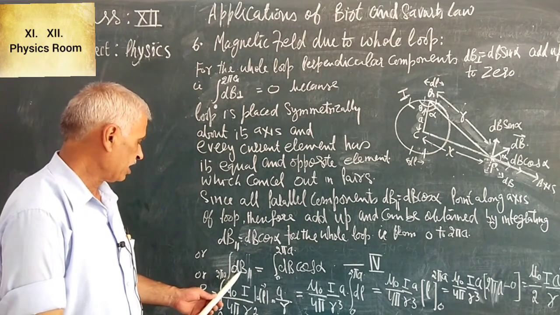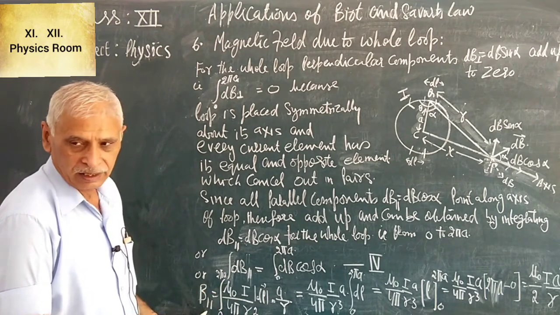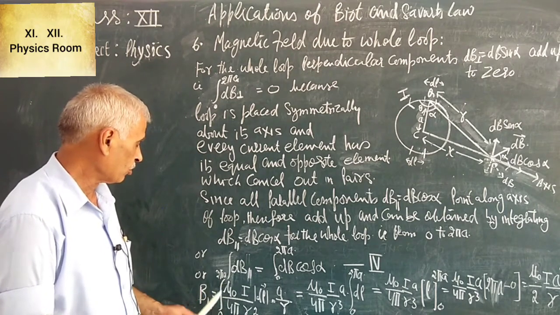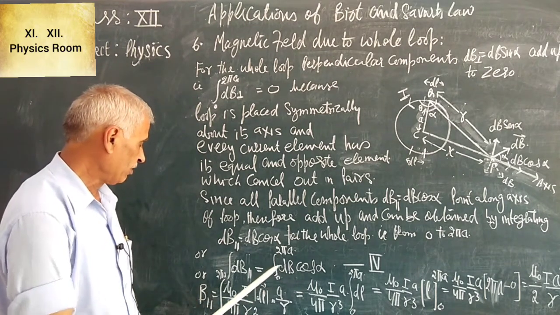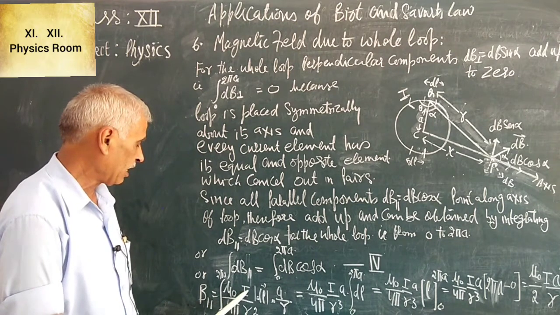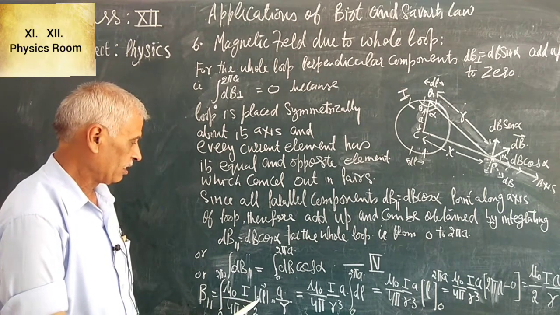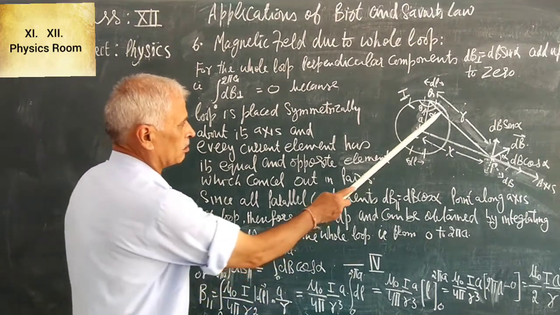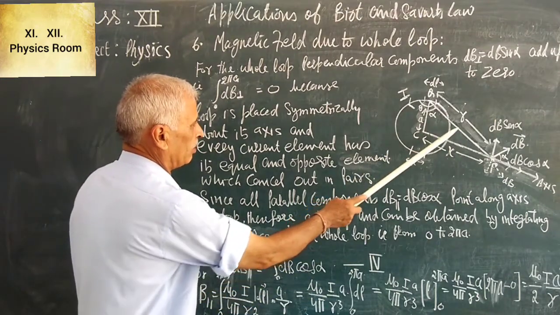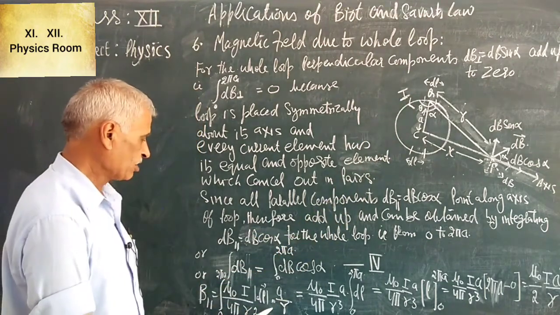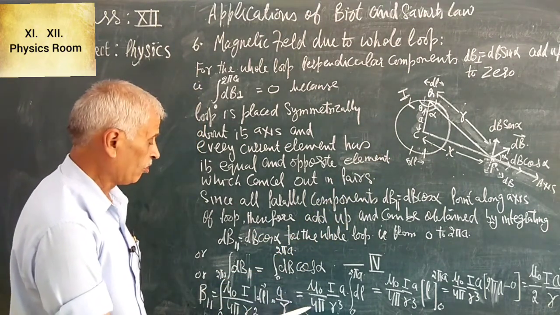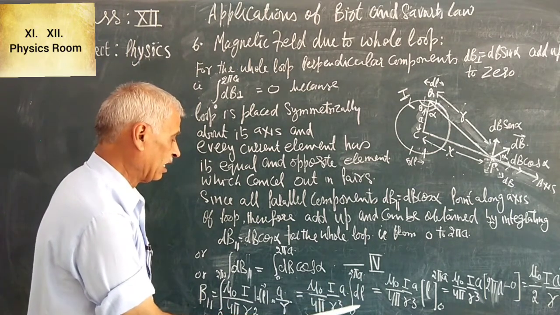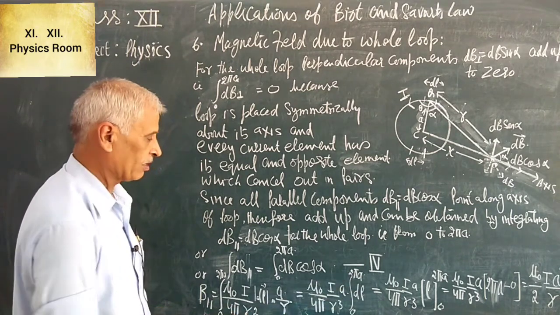Now integration dB parallel is equal to B parallel. Now B parallel is equal to integral from 0 to 2 pi a. We substitute the value of dB as mu 0 over 4 pi I by r square into dl, and we substitute the value of cos alpha as a by r, and on simplification we get mu 0 over 4 pi I by r cube a into integration dl from 0 to 2 pi a,